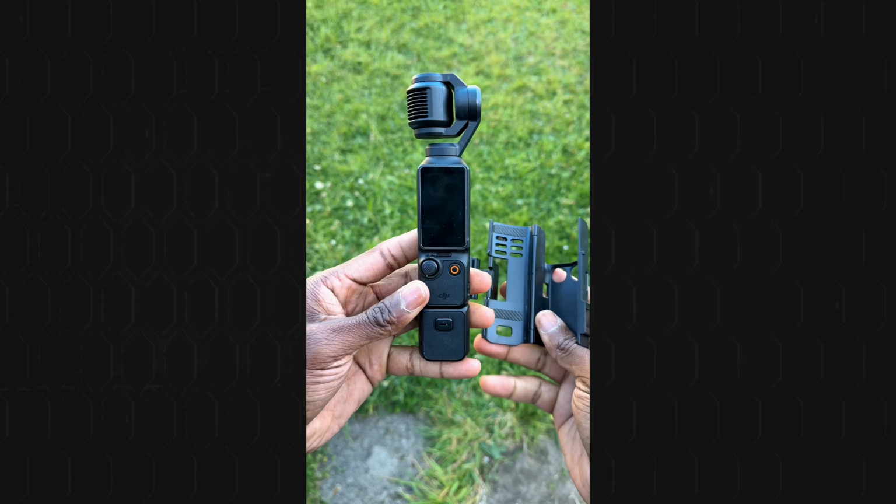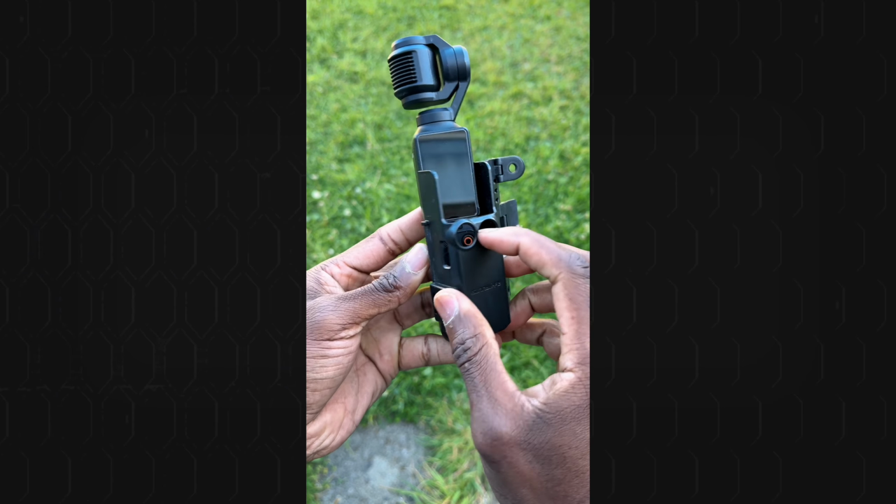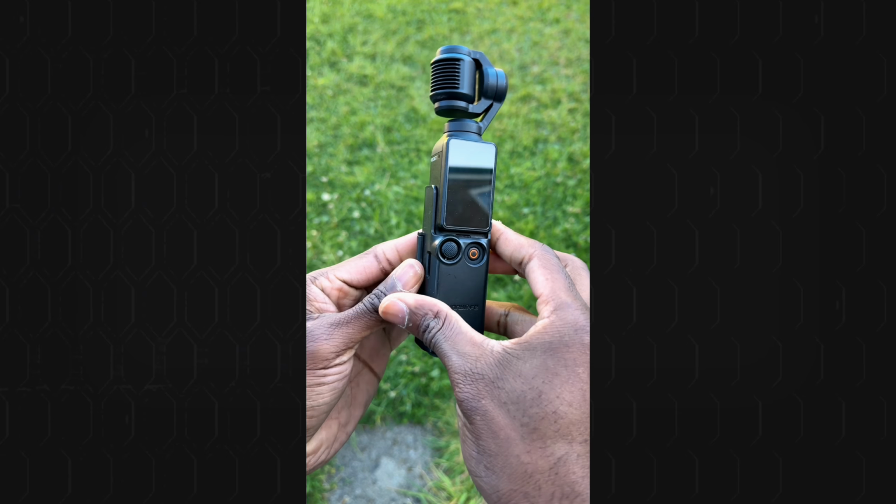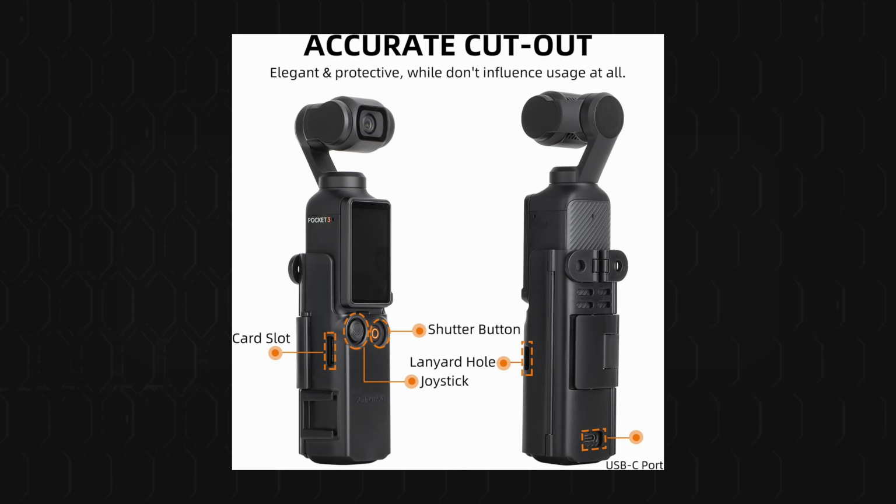And to add to my screen cover, I also got a cage from Sunny Life. I've got two different variations of these cages slash rigs for the Pocket 3. This one I love for a couple of reasons. I still get access to all my buttons. I also get access to the memory card, so I don't need to undo the whole thing to take the memory card out. I also have access to the screw at the bottom so I can attach a tripod,